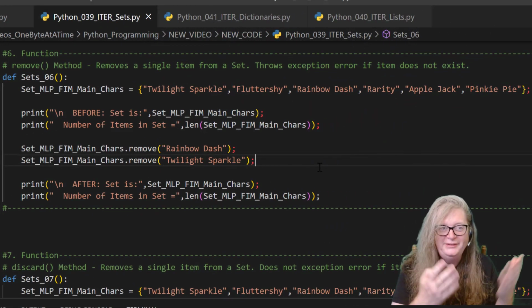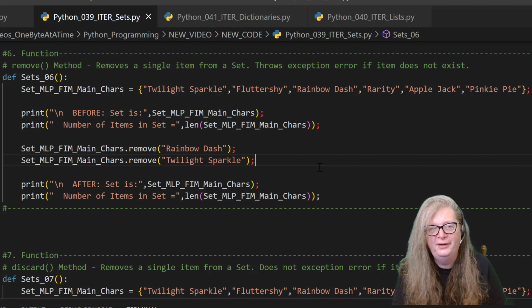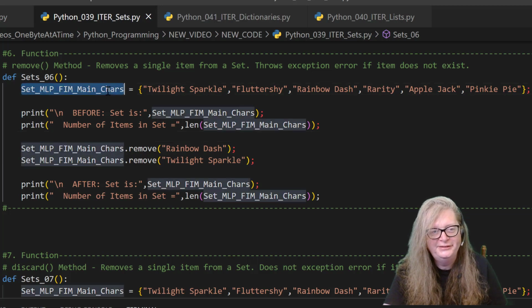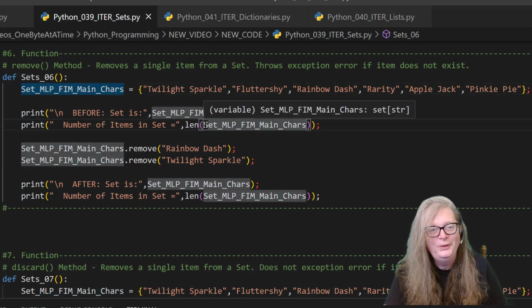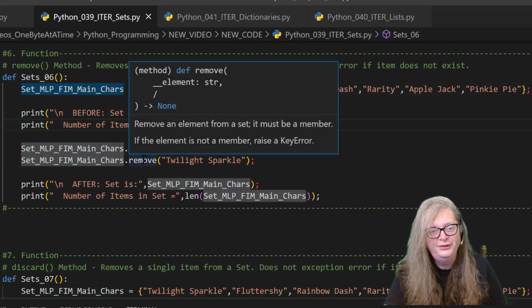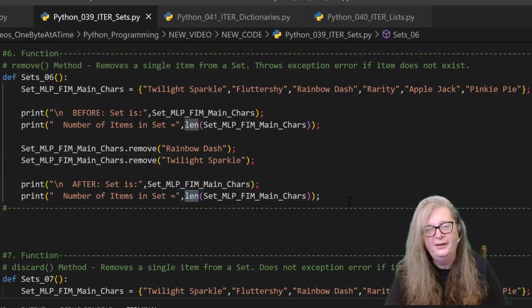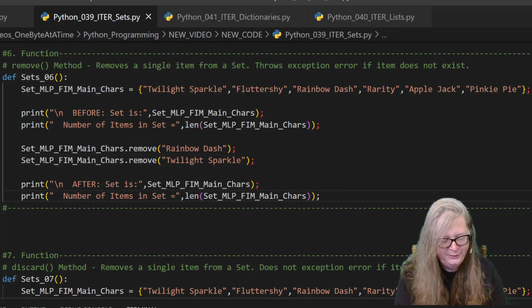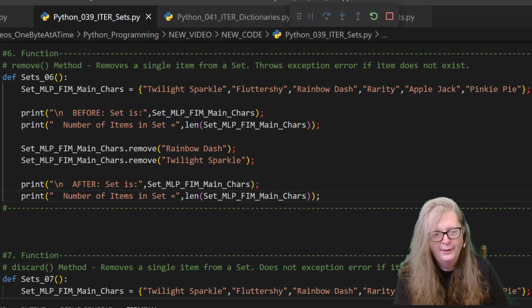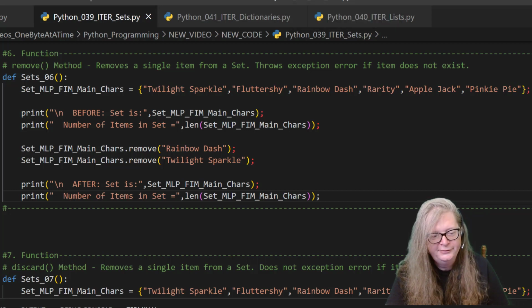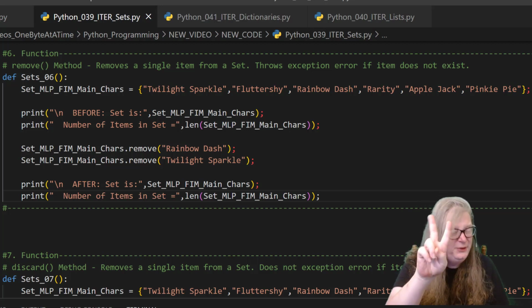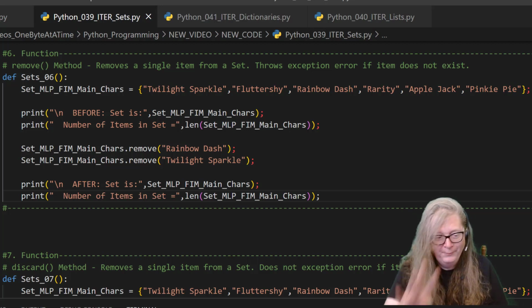So we looked at using the update method with a set. In this example, let's take a look at using the remove method. And it does just what it says. It can be used to remove an item from a set. So we declare a set up here with curly braces. We get the length of it. We're going to remove 2 strings, and then we're going to get the length again with len. And let's see what happens. Hit F5. So it was 6. We removed 2 items, and now it's only 4.